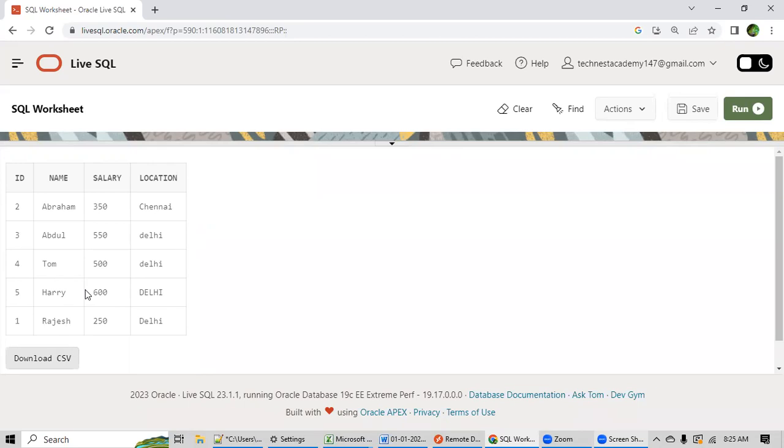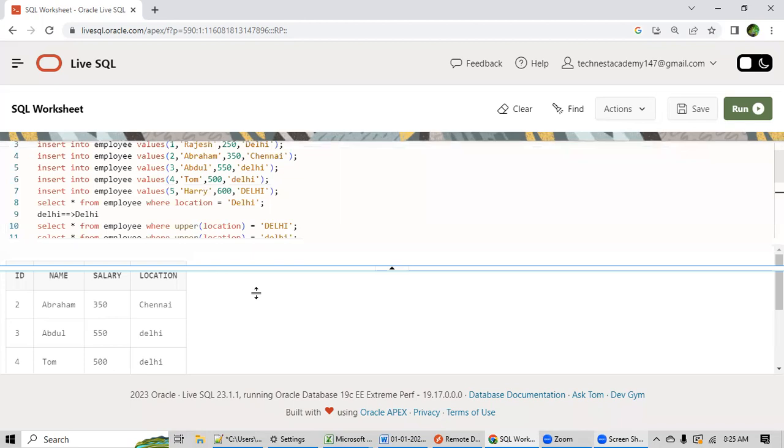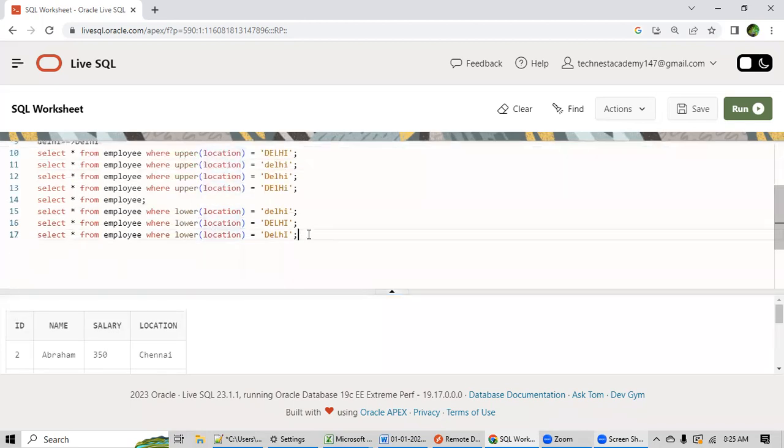Now, in our real time use cases, we have a lot of scenarios where we want the data to be sorted either in ascending order or descending order. And in your project as well, this is a very normal use case where you have to sort data either in ascending order or descending order. So, to sort the data, we have a keyword which is known as order by.